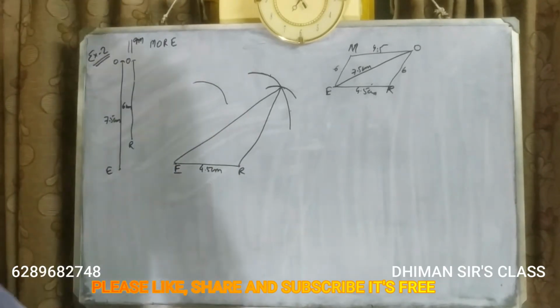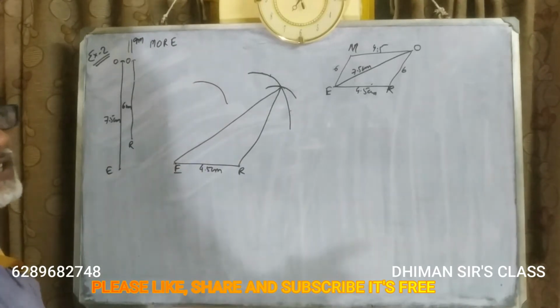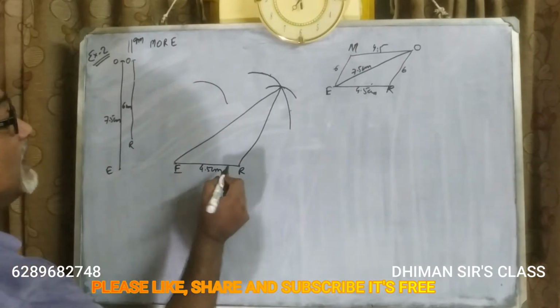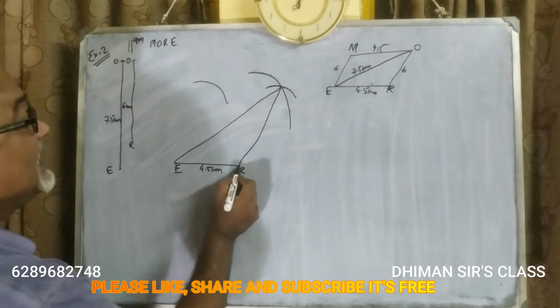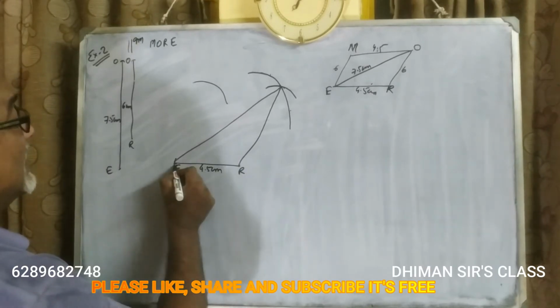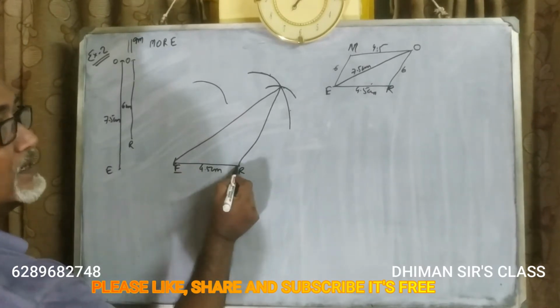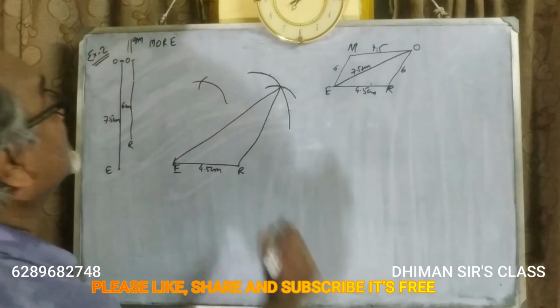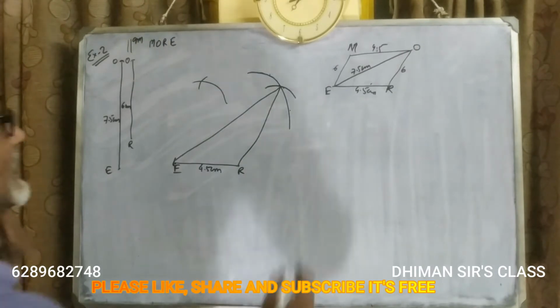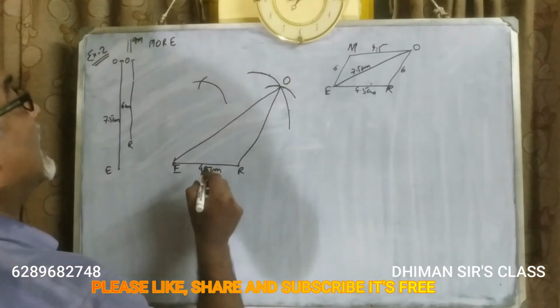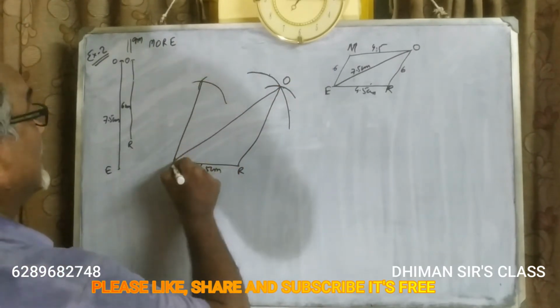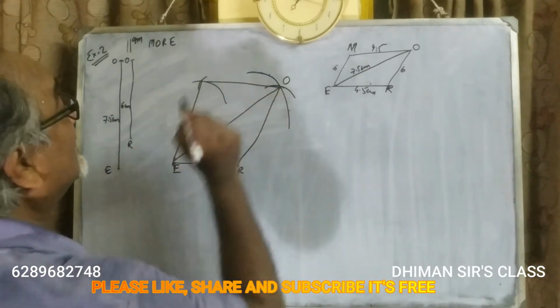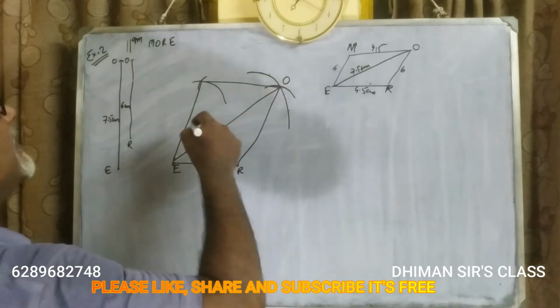Okay, now take your pencil and scale and pencil compass, put the needle here and draw an arc like this, means take this measurement. Okay, now put the needle here, draw an arc like this. So this is O. Now join these 2 points. So see, this is becoming a parallelogram.